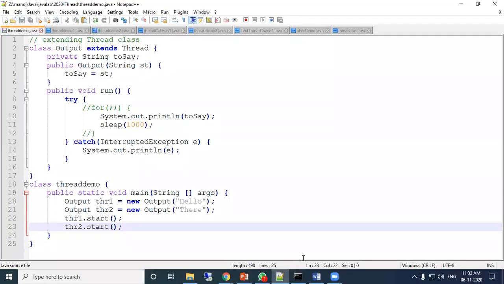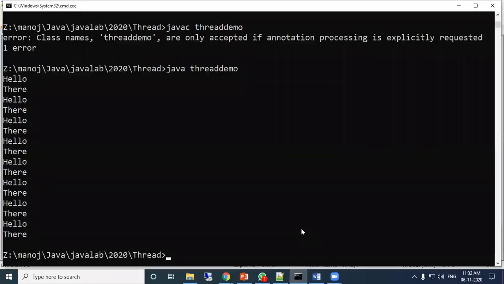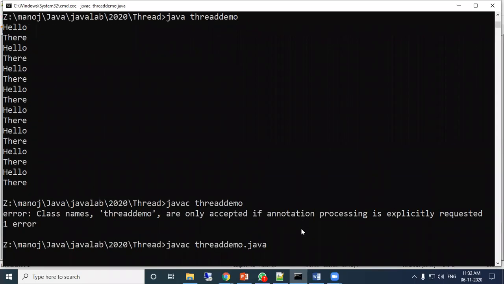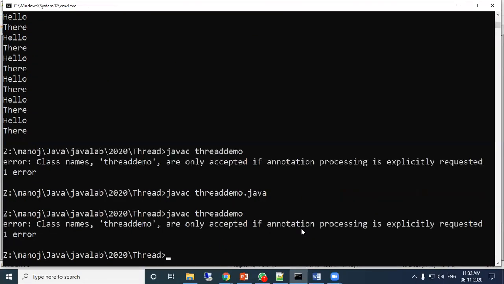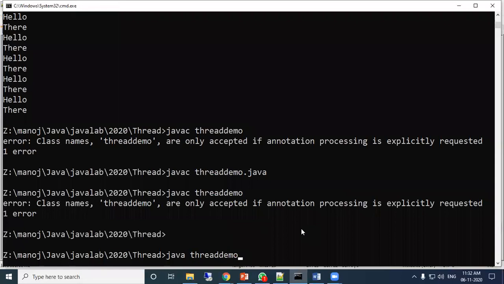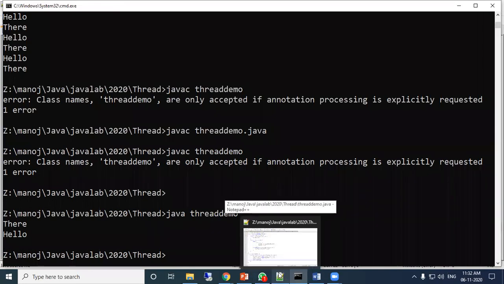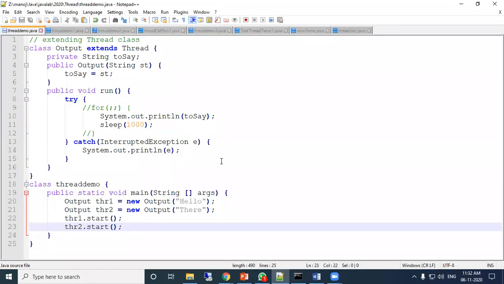Okay, only once will it give the output. After successfully executing the run method, the thread is automatically terminated.